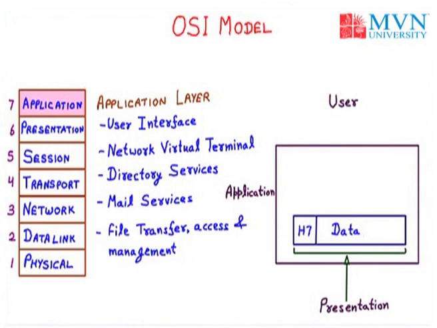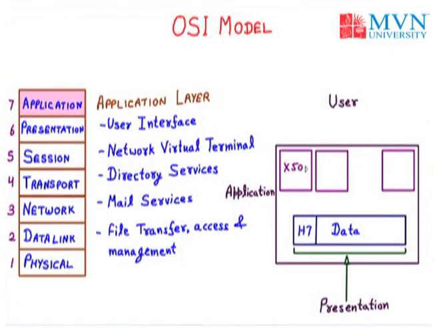The data is sent to the user with the help of various protocols. We have various protocols in the application layer, like X500, FTM, X400. There are various protocols, that's why I am representing them as a dog. These FTM, X500, X400 are arbitrary names of protocols, so you may take any protocol. Now the header part is extracted out and only data is sent to these particular protocols. Now the protocols are providing services to the user. For example, we have various protocols in the application layer like FTP, Telnet, DNS. Users are interacting with only the protocols of the application layer. That means protocols are providing services to the user.